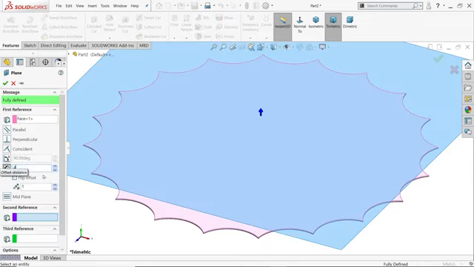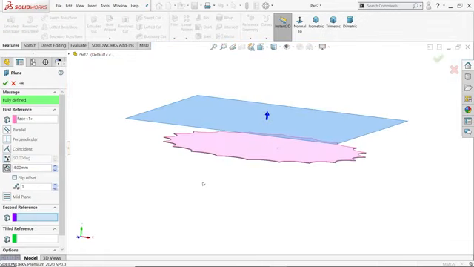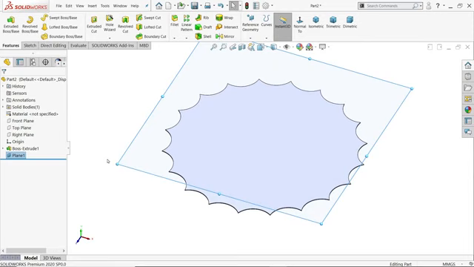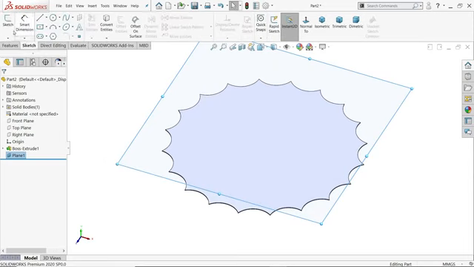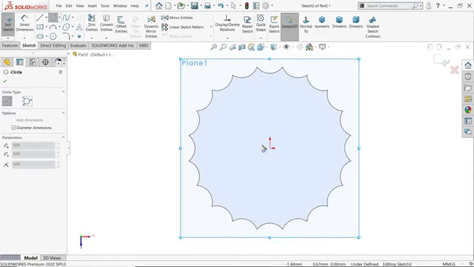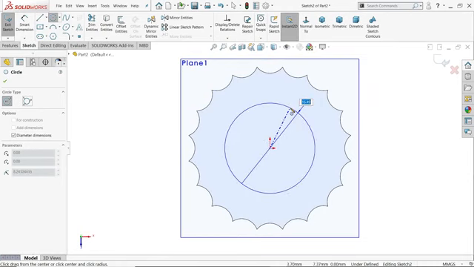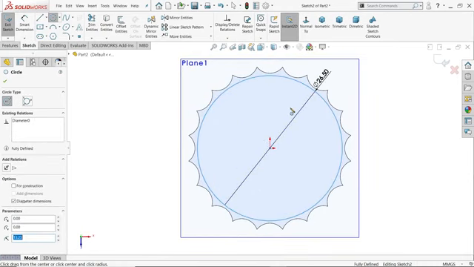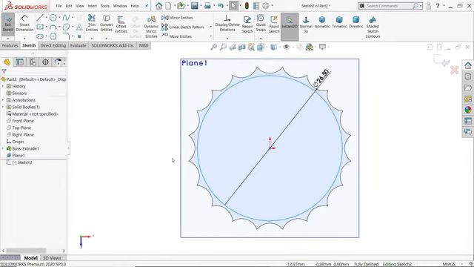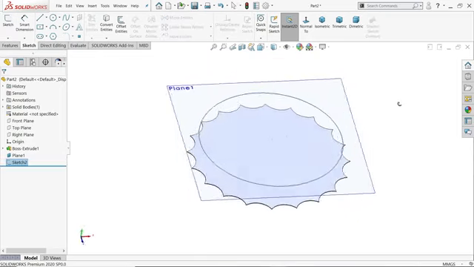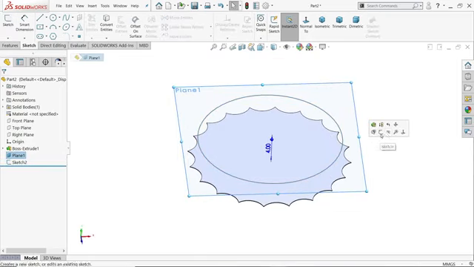Now select face, plane. Now make one plane at 4 mm above this face. See here, click this sketch plane, sketch circle, and here we need to create 26.5 millimeter. Okay. Now exit. Let me hide this plane.